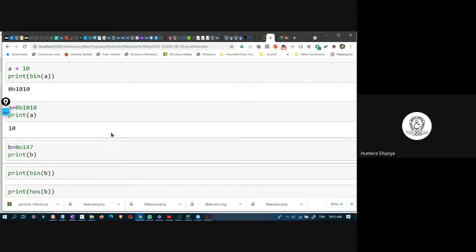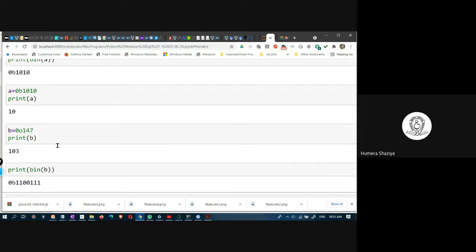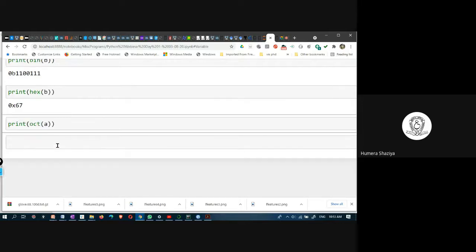So these are printing it in binary. To print 10 in binary form, there is a function called bin. Otherwise, it gets printed in decimal form. Here you see a is initialized to 10, and just print means decimal. If you want binary, you have to use bin. And then this is octal. Printing that octal number in binary form.